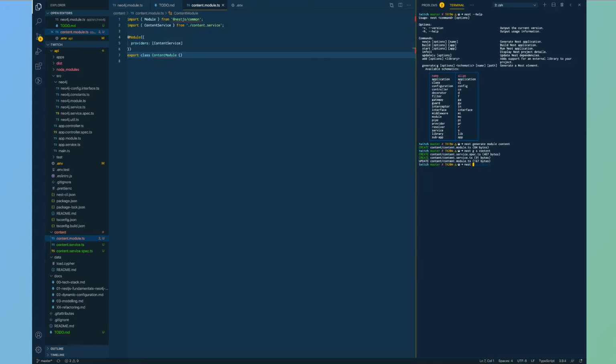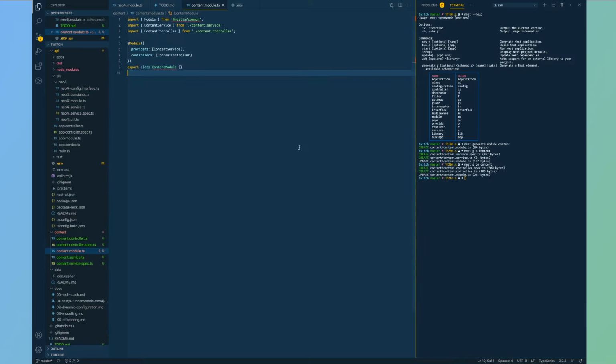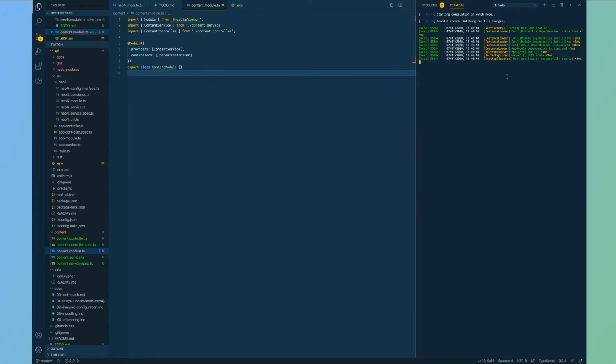And then at some point as well, I also want a controller. That compiles fine, perfect. Cool, so we have this content module.